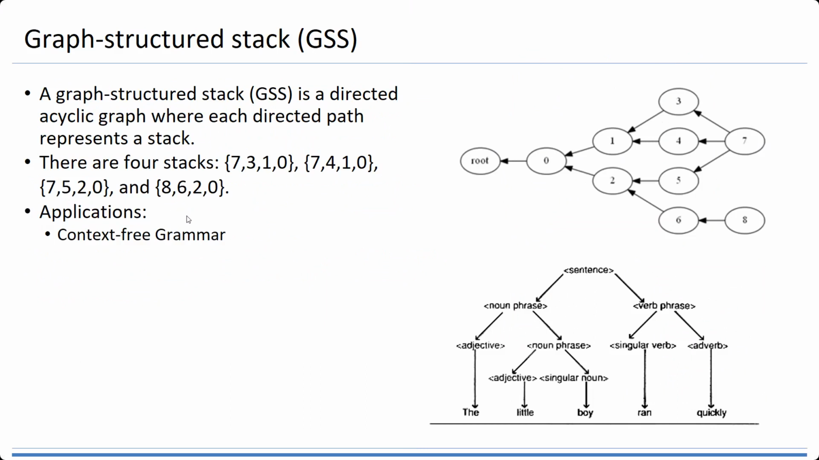There is another kind of graph, we call it graph structure stack. So we have the graph and we combine with stack. So a graph structure stack, GSS, is a directed acyclic graph. Okay. Directed. So it means we have a direction. Acyclic